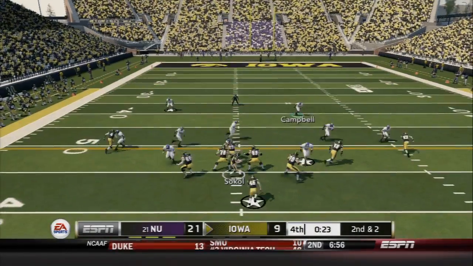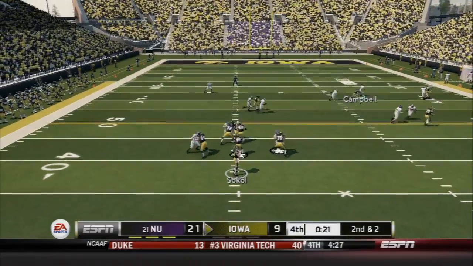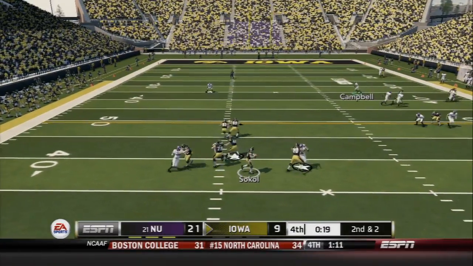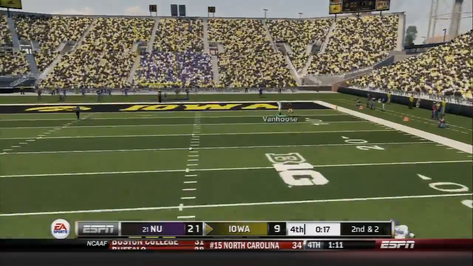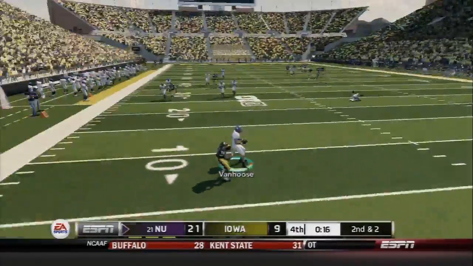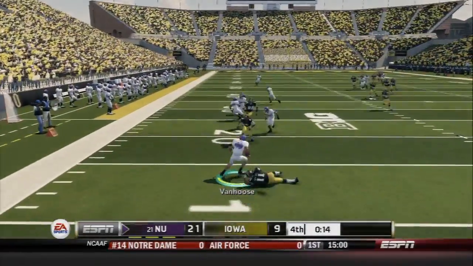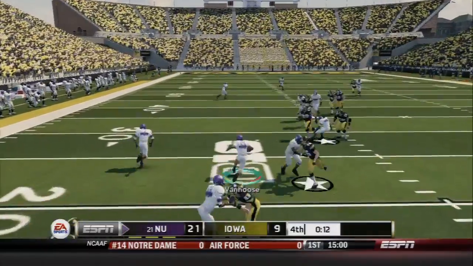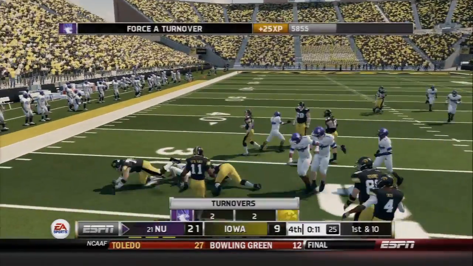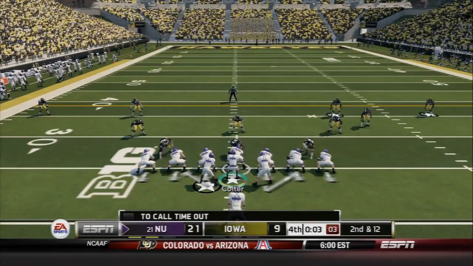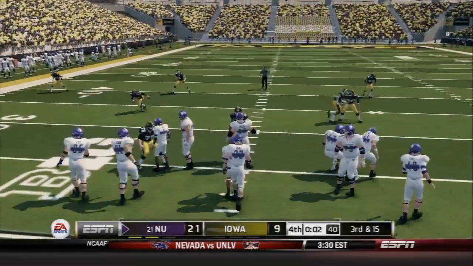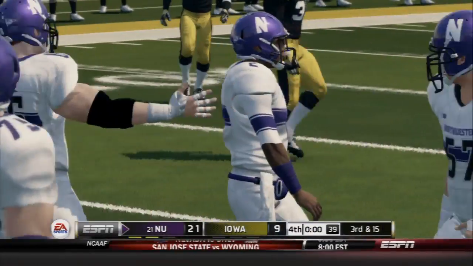So this one's wrapping up. We went up 21-9 as Iowa did end up scoring, which I didn't mention, and then failing on their 2-point conversion, and then we moved the ball right down the field, killed some clock, put up 7, and now we're going to seal the deal with an interception there. And this one's over. We are going to improve to 7-1, 3-1 in the Big Ten,